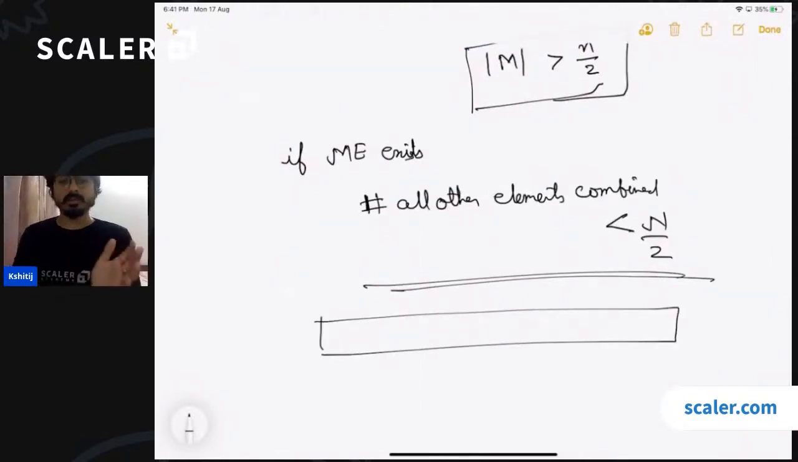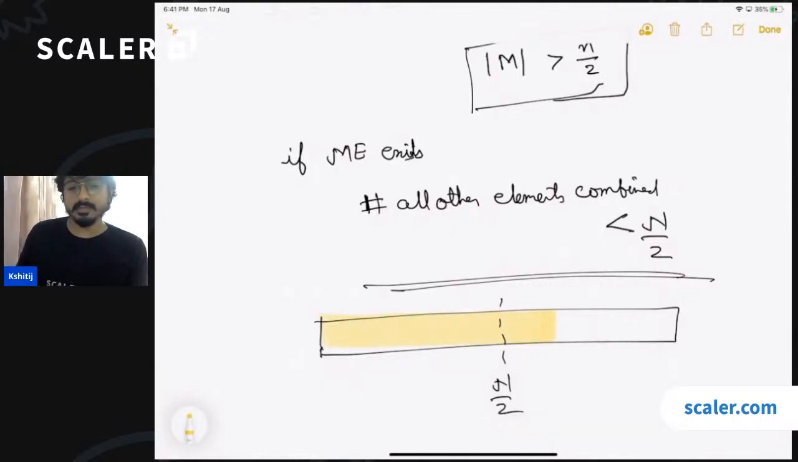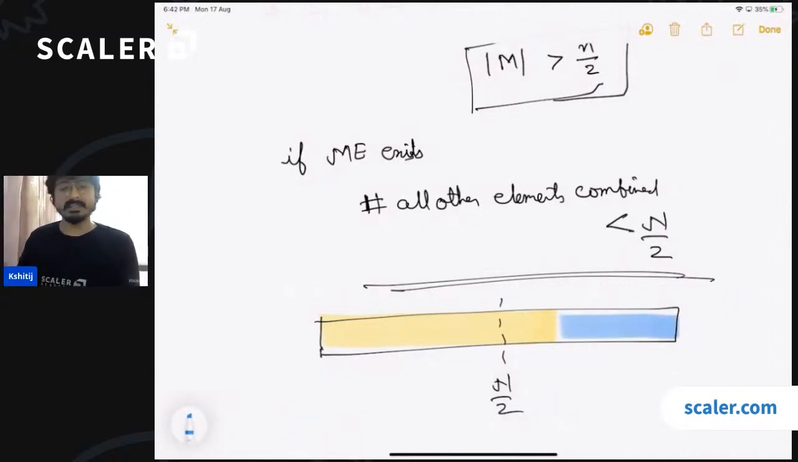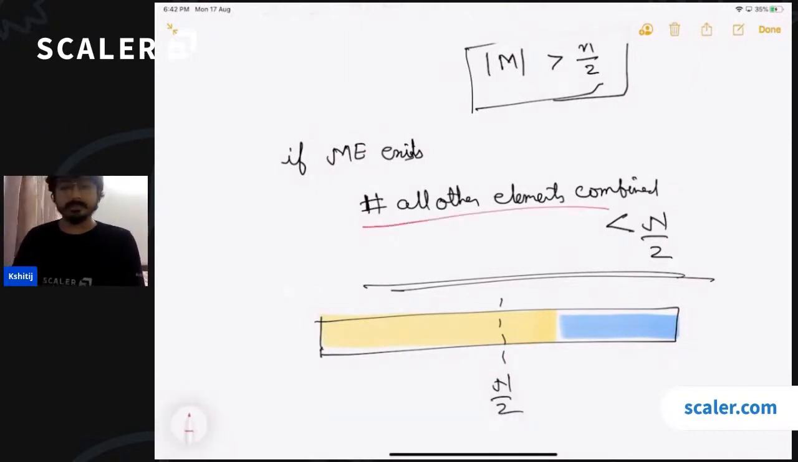If you collect all the majority elements together, starting from the 0th index, and if this is the n by 2 mark, the majority element will definitely occupy, starting from 0, it will go more than n by 2, right? So the remaining space that is left in the array is obviously less than n by 2, correct? Okay, now if this is the case, if everyone is convinced that the count of all the other elements combined